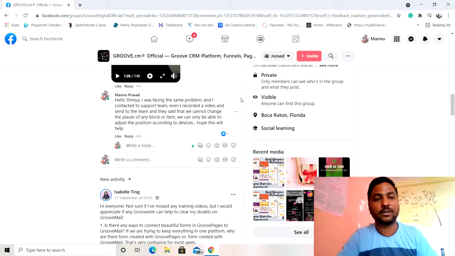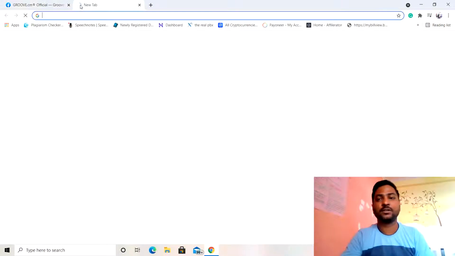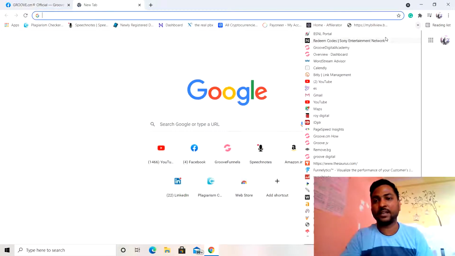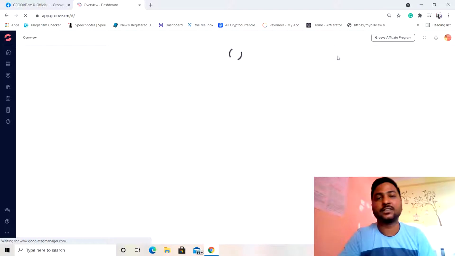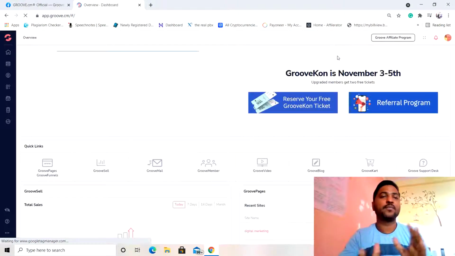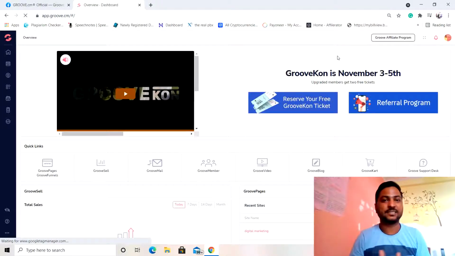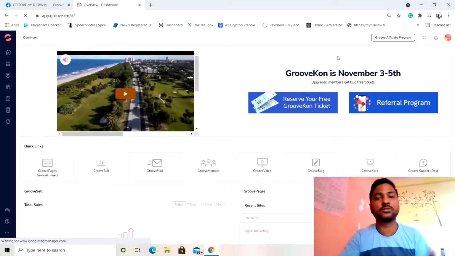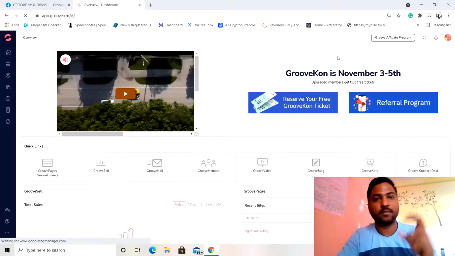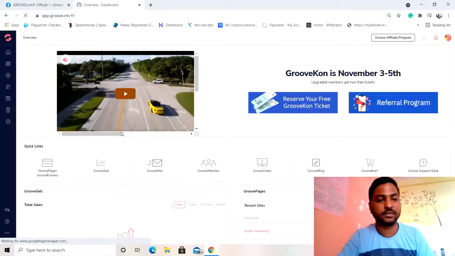So now let's go ahead, and I'm just going to open my Groove Platinum account's dashboard so that we can check this issue live, and see how we can adjust things in the same block area so that it will also look good on mobile devices or other relative devices.